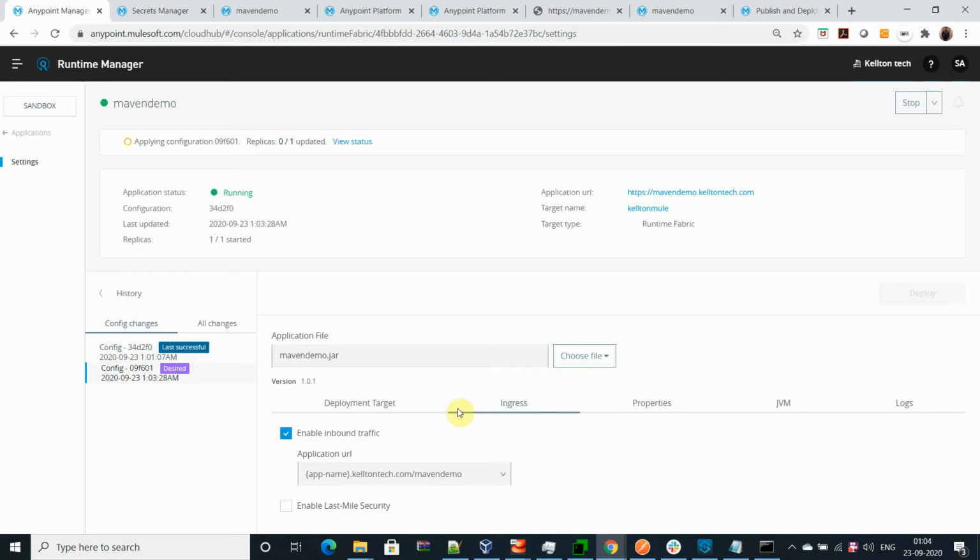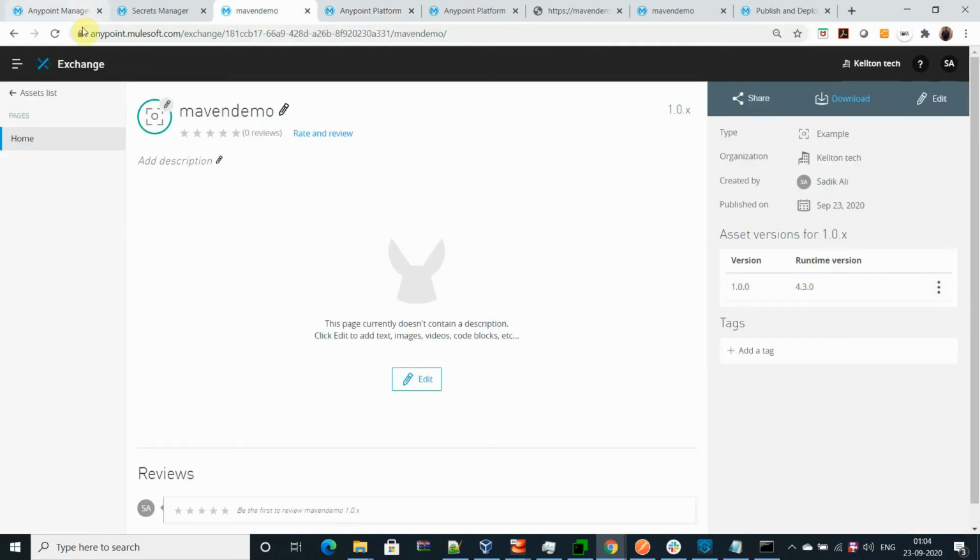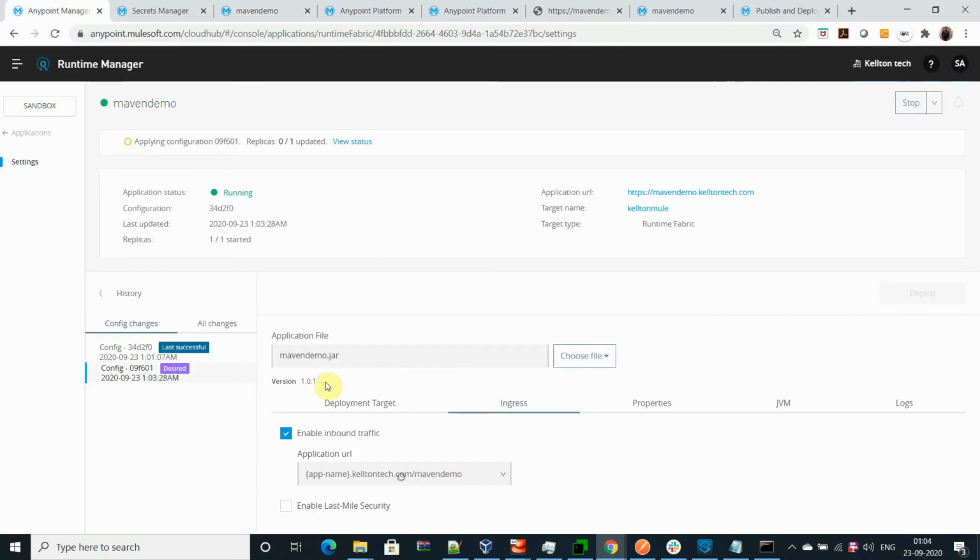Apart from that, you see this is the application version. If you go and check in Exchange, the version I have deployed is 1.0.1, so this version comes here.